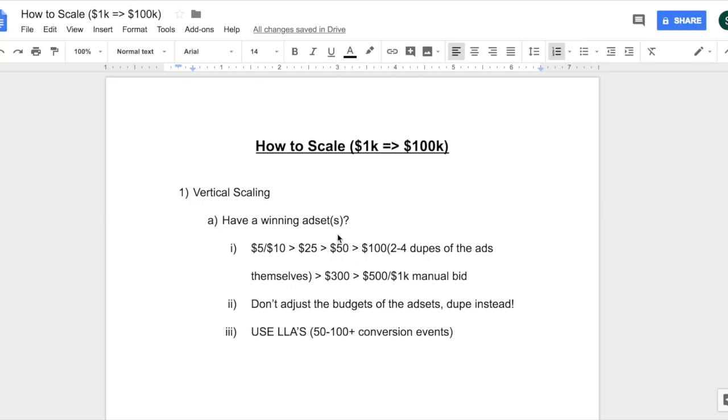So let's say you have a winning ad set or ad sets. What you want to do is, let's say they're at $5 per day to $10 per day. And when you do find out that it's a good product and you want to scale it, that's when you dupe the ad set one time to $25 per day. And as you can see, I've written down a bunch of numbers here, and this is basically the layout that I follow to dupe my ads. So if it's at $5 or $10 per day and it's doing well, I dupe it one time to $25